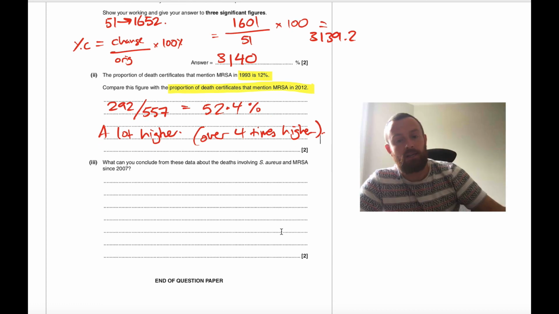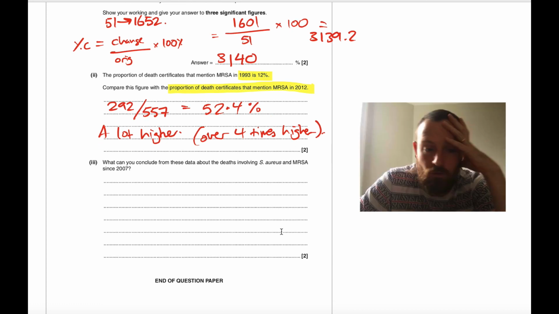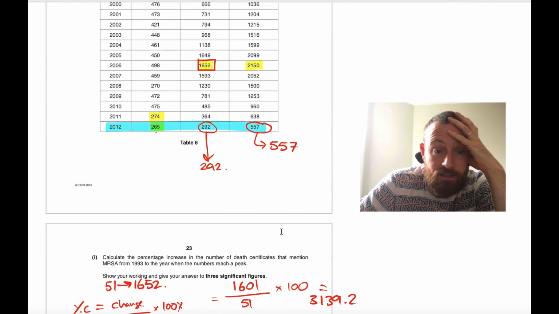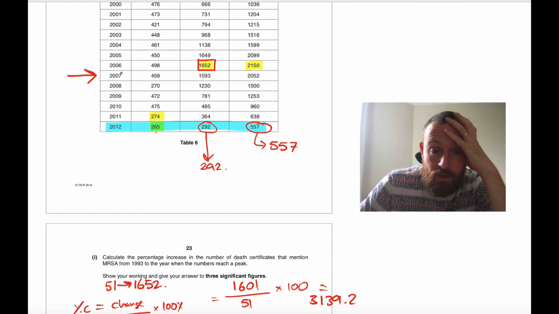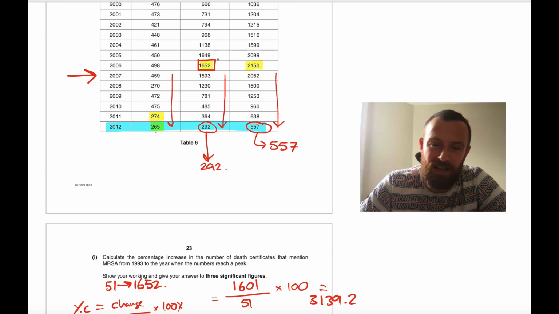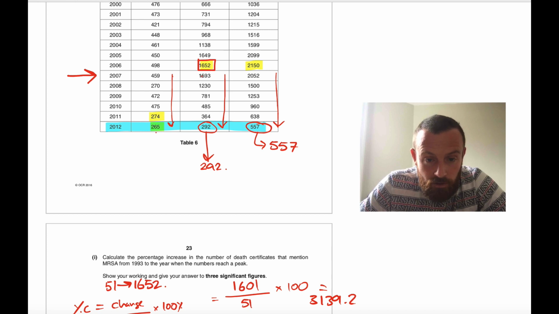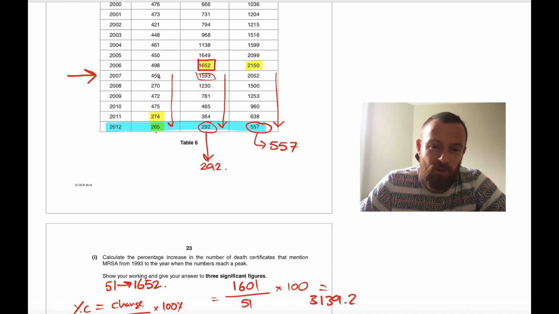What can you conclude from these data about the deaths involving Staphylococcus aureus and MRSA since 2007? Well, since 2007, this has been dropping. This has been dropping even more, I would say, and this has been dropping. Because, okay, so this has gone from 1,600 to sort of close to 300. So that is a big drop. This has gone from, sorry, close to 1,600 to about 300. That's gone from about 460. So that's about halved,